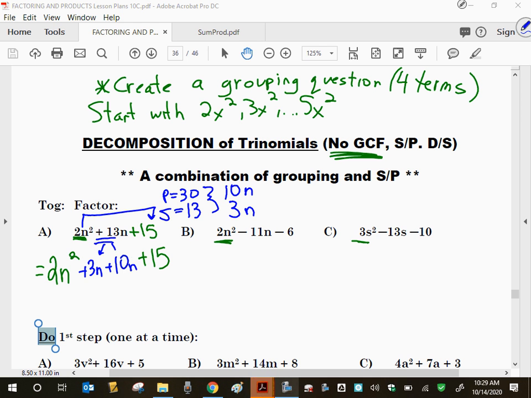You can see that this middle term turns into 2 terms, which makes these 3 terms turn into 4 terms, which enables us to do the slice and dice grouping question. So sum product, then you make this 1 term into 2 terms, which lets you slice and dice: take a GCF out of the first 2 terms, take a 5 out of the last two terms, and your brackets should match up. Again, you don't have to group this fast,